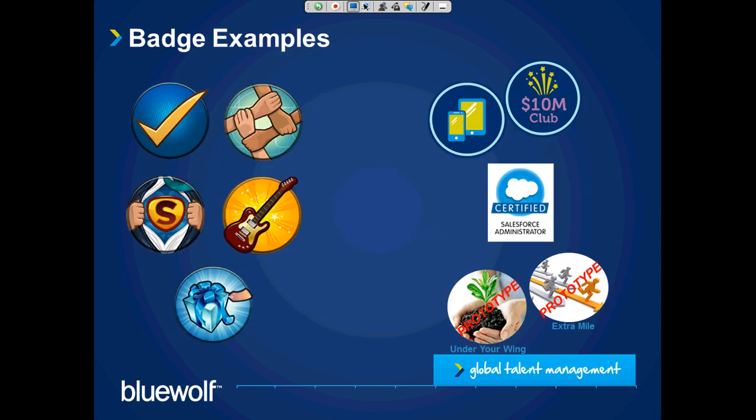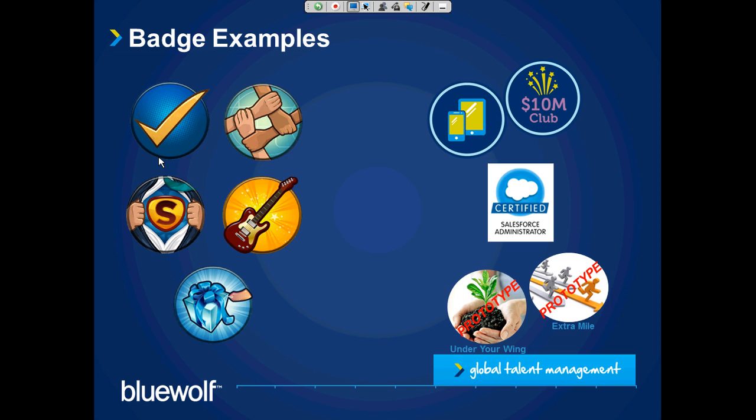As promised, I wanted to share with you some current samples of badges, and hopefully this slide will add a little color to our conversation. On the left side of the slide here, you'll see these are our current company-wide badges. We have All About Execution, Team Player, Extraordinary Customer Moment, You're a Rock Star, and a General Thanks badge.